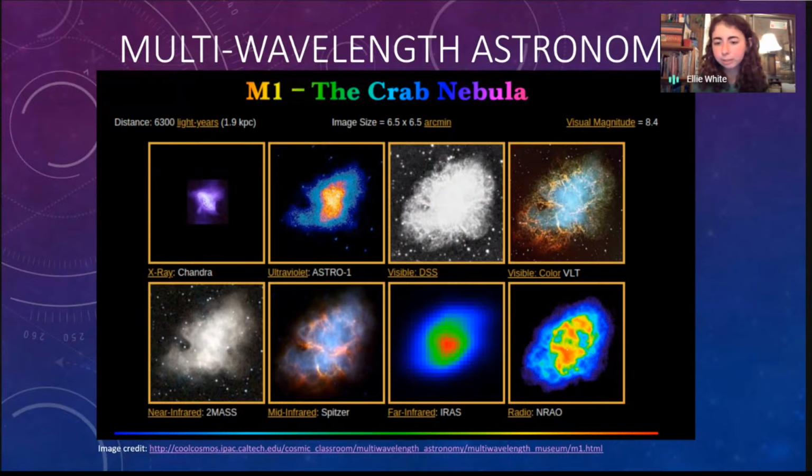But if you look at NRAO, the radio image from the National Radio Astronomy Observatory, you can see this really interesting structure. The visible light image, very familiar to all of us, I think, shows the nebula structure. So you can see all these different fascinating things just by using different kinds of telescopes. I spent most of my time focusing on radio, so that's what I wanted to talk about today. Of course, the Green Bank Telescope is a radio telescope, so that's what we're going to be focusing on.